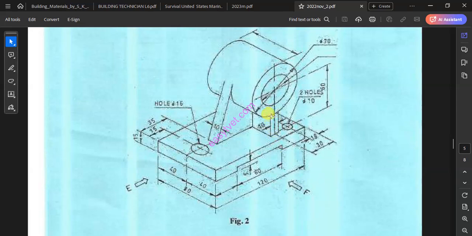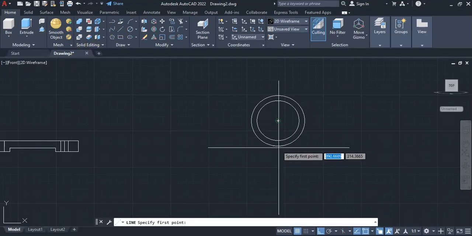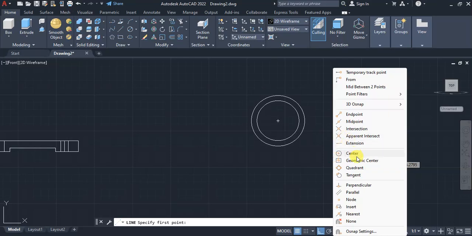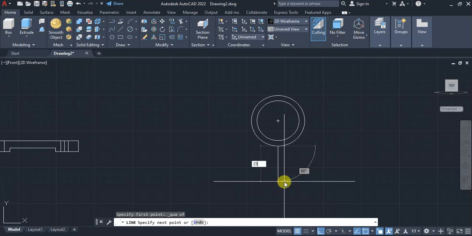Again, the height is not indicated. You can assume a height of 25 can work. So from here to the bottom, distance of 25. So I'll come to my line, from shift right click, quadrant, distance of 25, and